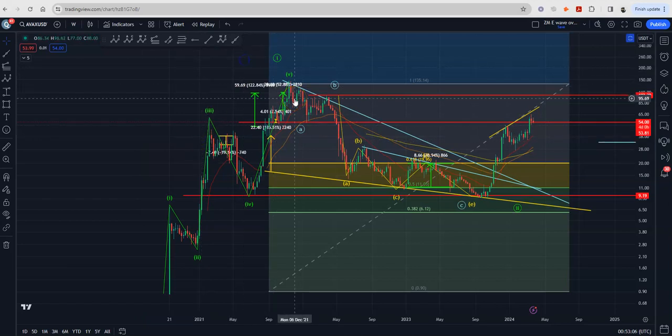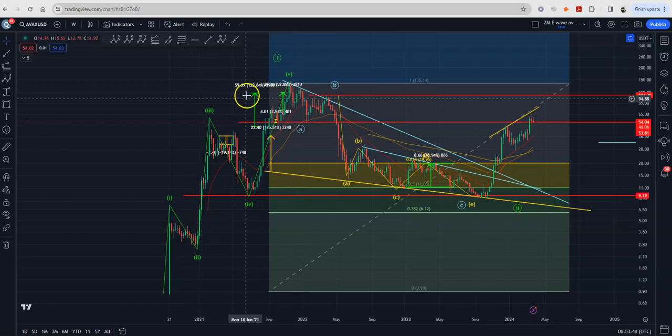So in this video, I'll be focusing solely on the wave structure and future projections of Avalanche, and nothing else. I only focus on waves. I disagree with the inflation rate of Avalanche, but if you want to make money, just follow the waves, right? So we'll be going over the wave structure, the bull scenario, the bear scenario, and the short-term and long-term projections. Let's begin.